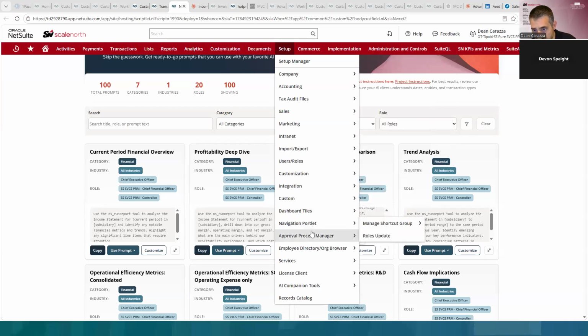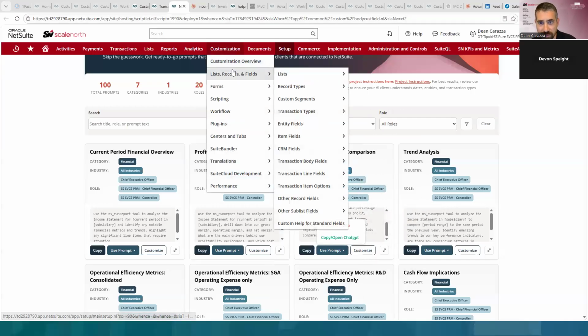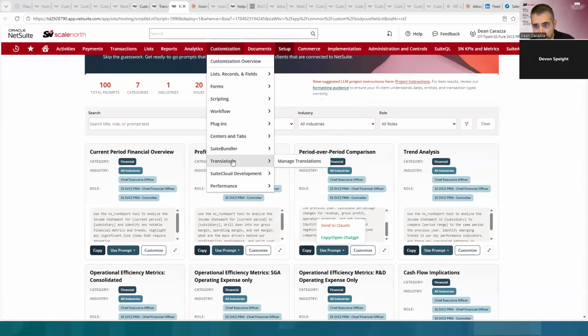There is a native AI path. We did do a class on it a while back. But again, a lot of this is going to get streamlined and simplified. Here, it might be under customization. Just trying to remember where I could show